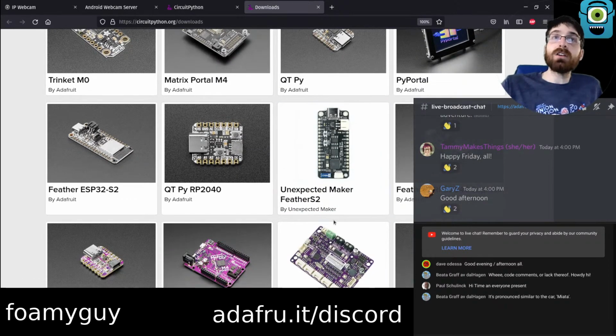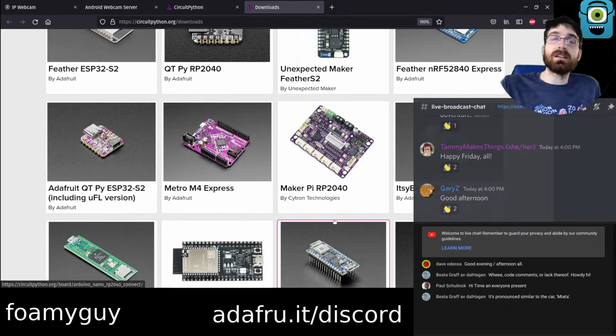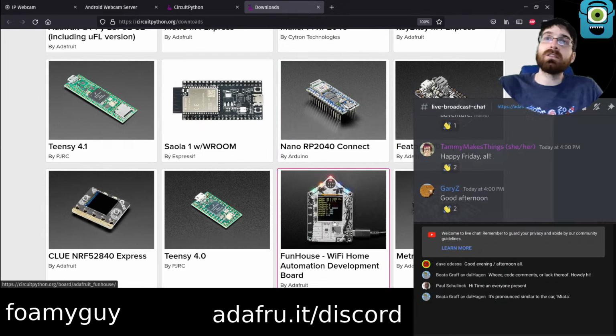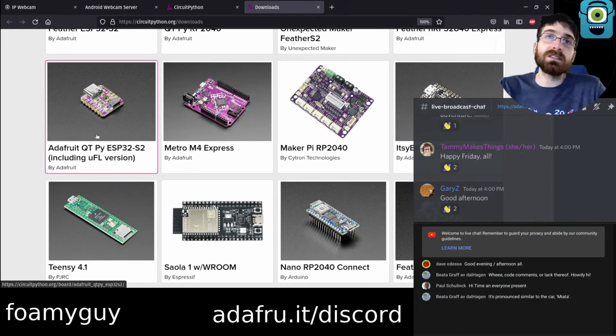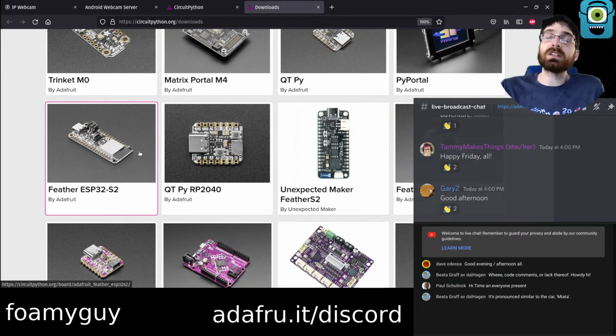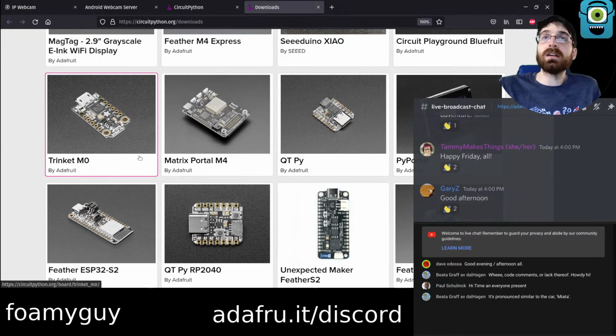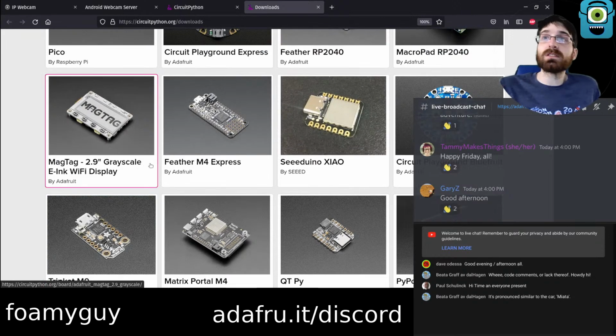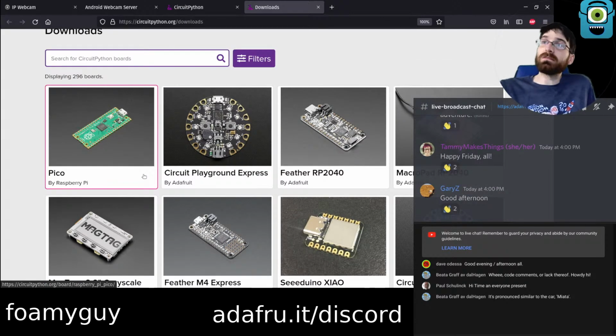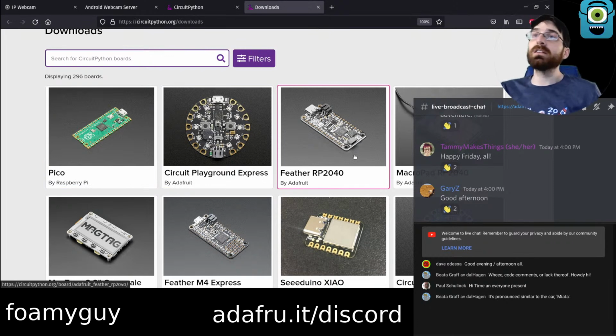And we are writing Python code that runs on these devices and is able to interact with other hardware. Lots of these devices have what are called I/O pins, input-output pins. You can connect sensors and LEDs and speakers and buzzers and buttons and all kinds of other electronical widgets to these devices, and then you can interact with that stuff from your Python code.